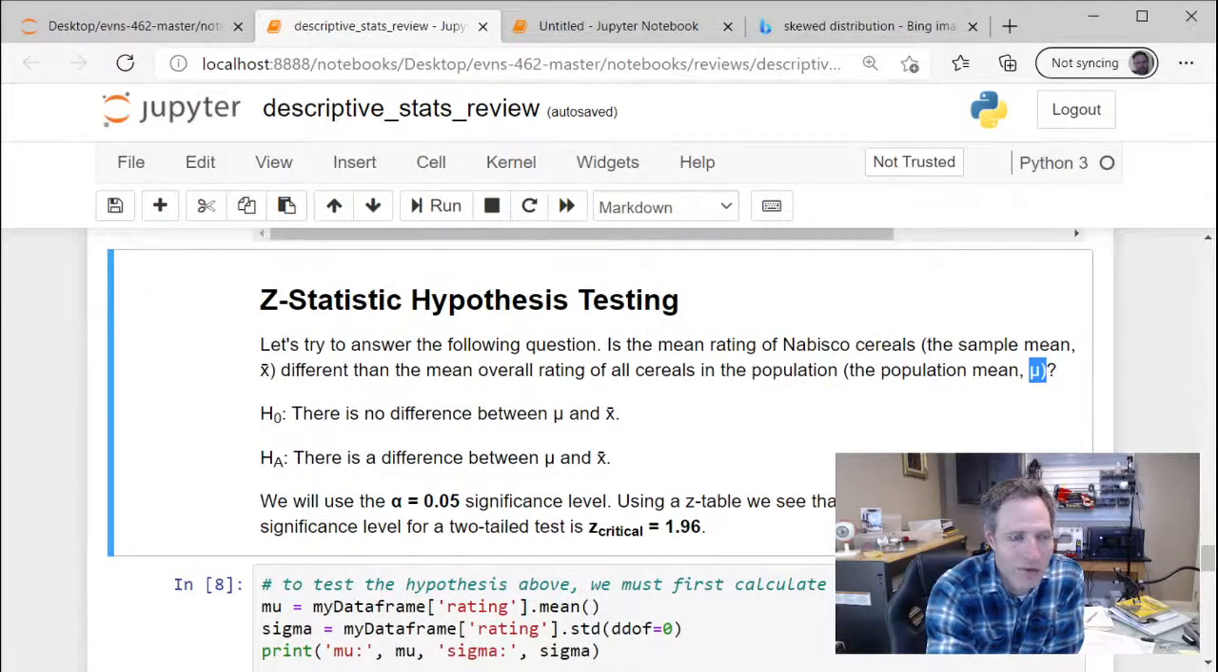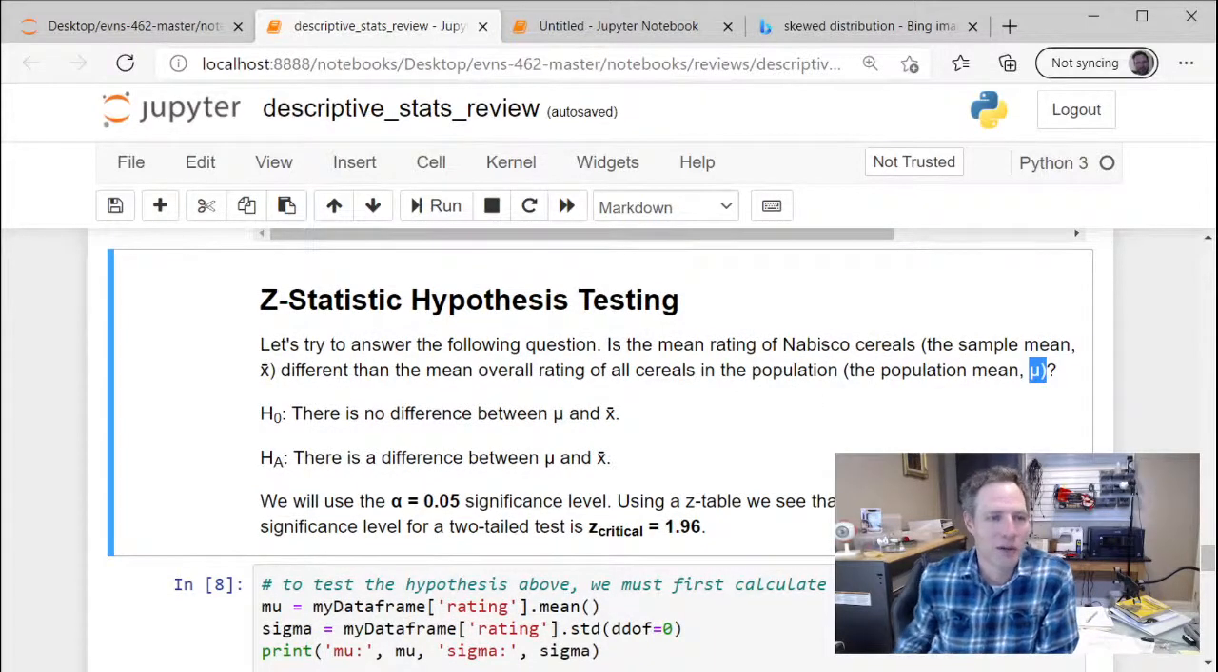All right, so we formulated a null hypothesis. The question we're really interested in is, are Nabisco cereals rated differently than the other cereals? So the null hypothesis would be there is no difference, that the population mean mu is equal to the sample mean x bar. And the alternative then would be that there is a difference between those two. So we're going to use the alpha equals 0.05 significance level, and we'll use a z-table to look up the